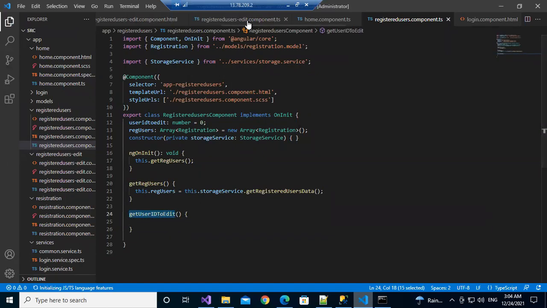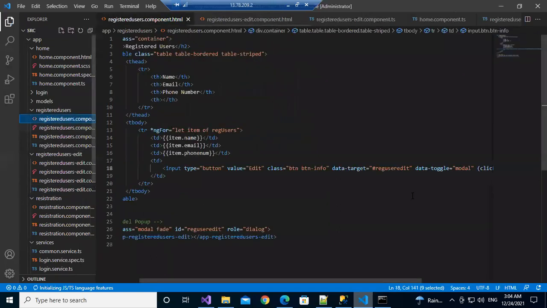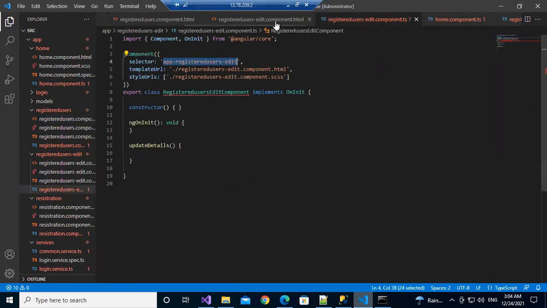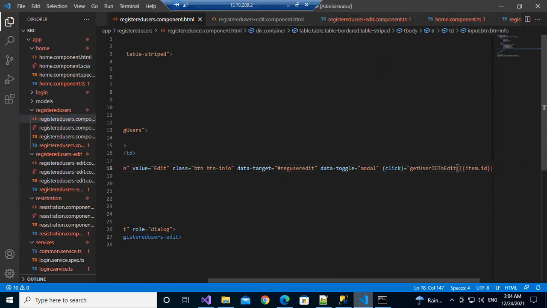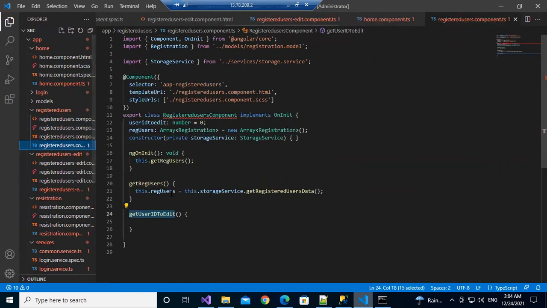So go to this HTML file and change here. Next, ID will be the input parameter for this function. ID, type number.